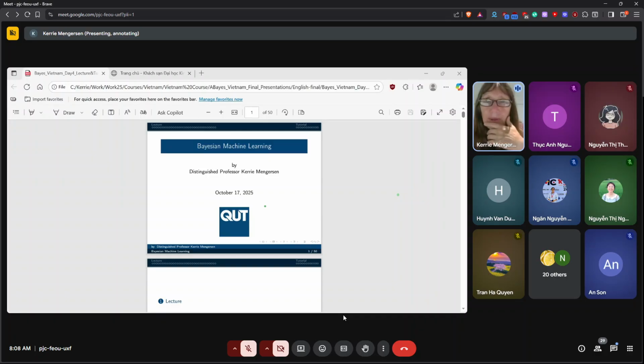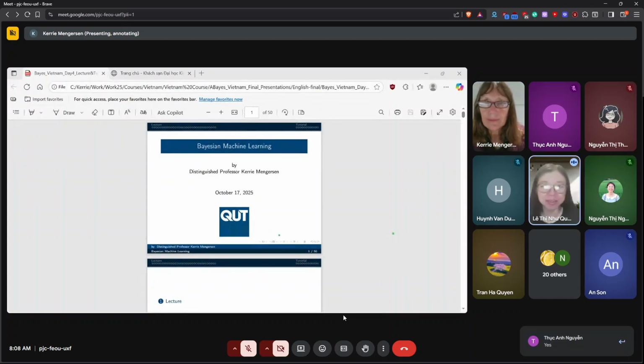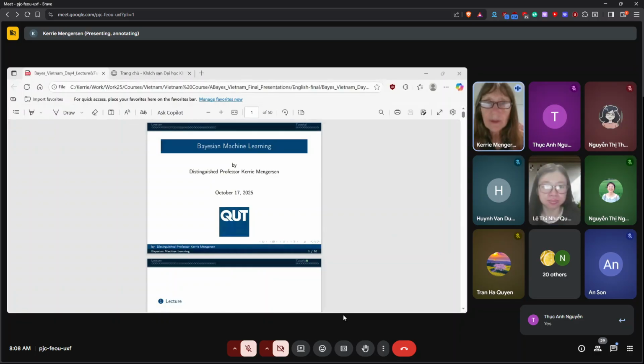Interesting. All right, maybe we can just go with this like it is. Can you see my screen? Yes, which is fine, except I can't make it move.